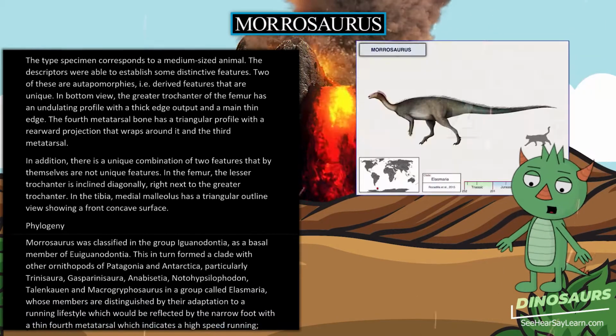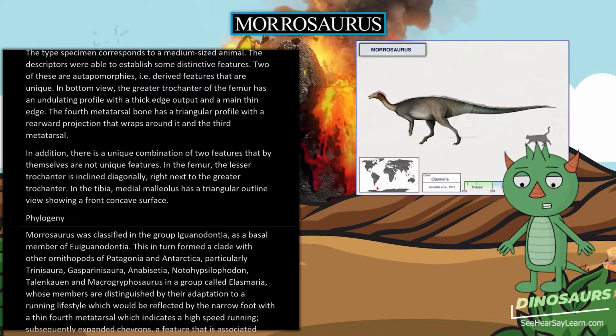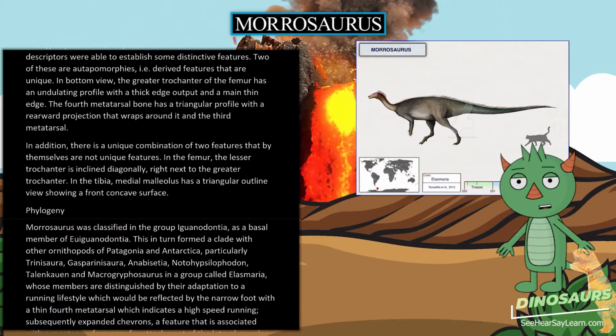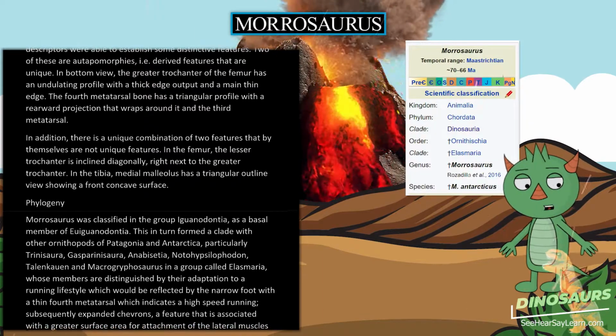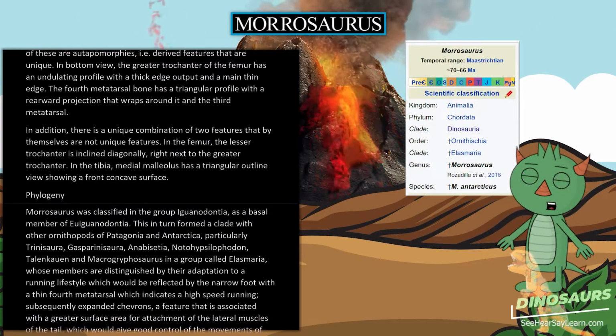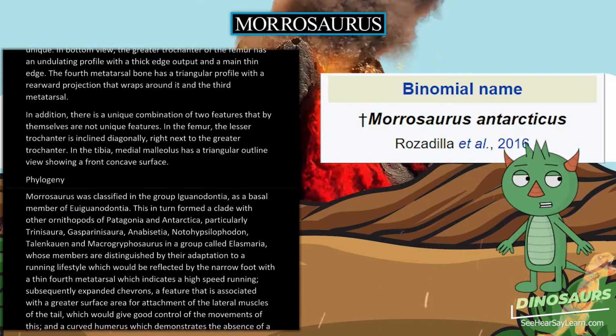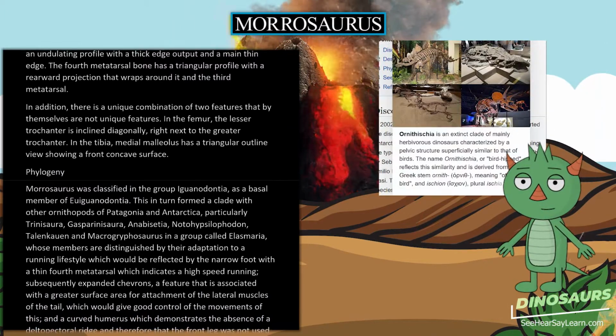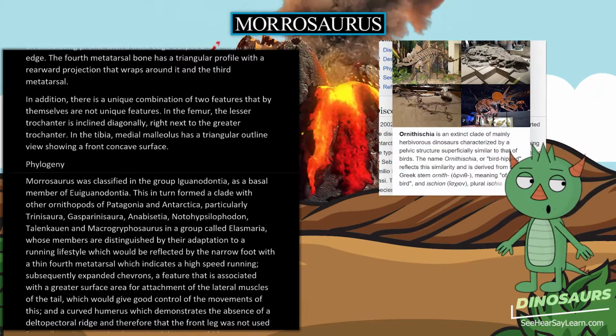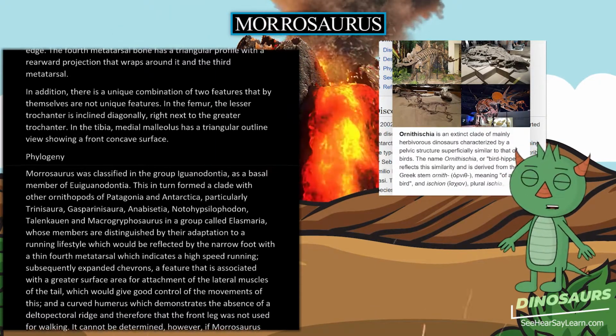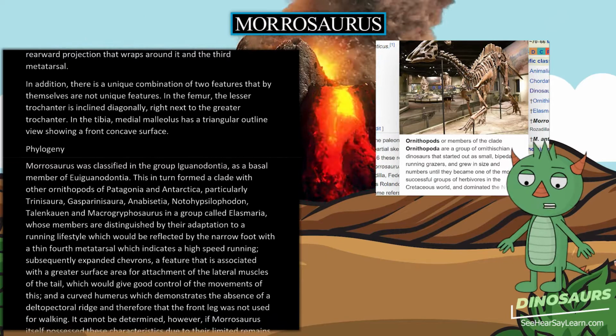Phylogeny. Morrosaurus was classified in the group Iguanodontia, as a basal member of Euornithopoda. This in turn formed a clade with other ornithopods of Patagonia and Antarctica, particularly Trinisaura, Gasparinisaura, Anabisetia, Notohypsilophodon, Talenkauen and Macrogryphosaurus, and a group called Elasmaria, whose members are distinguished by their adaptation to a running lifestyle, which would be